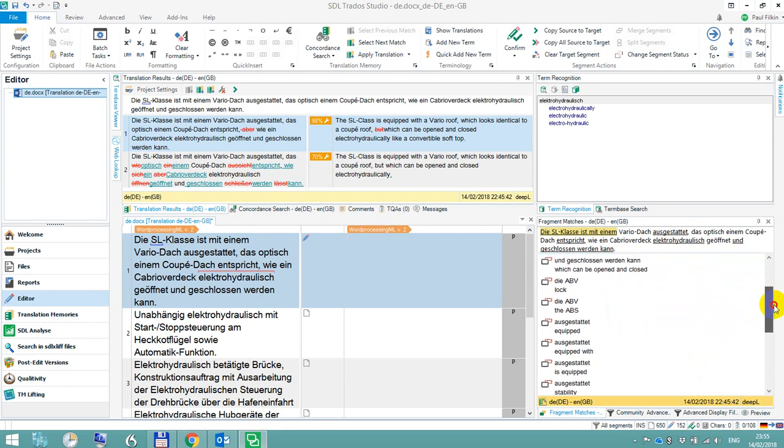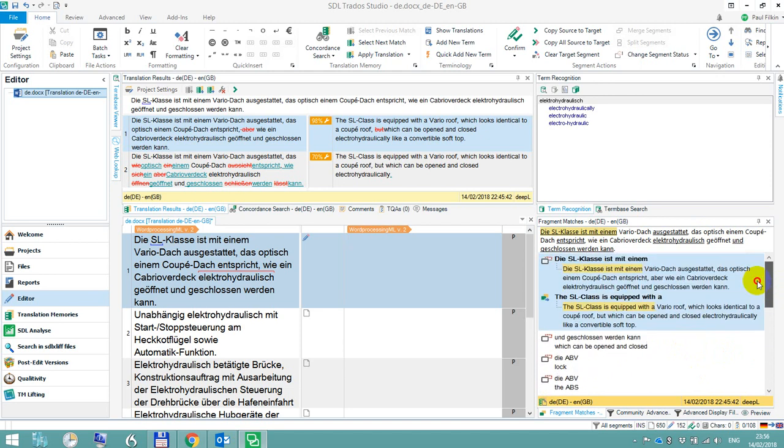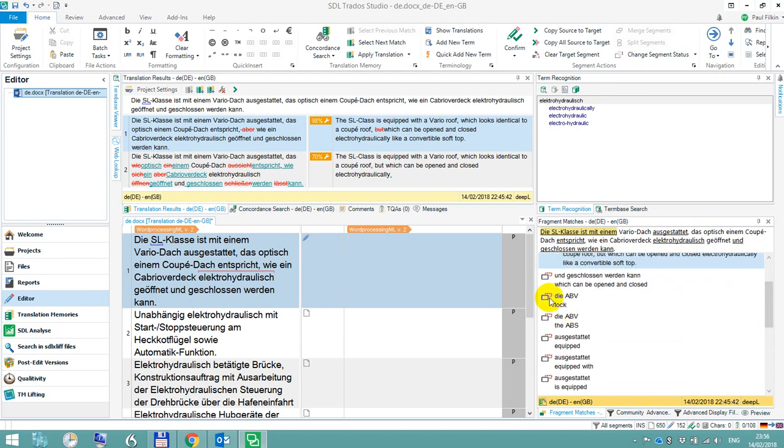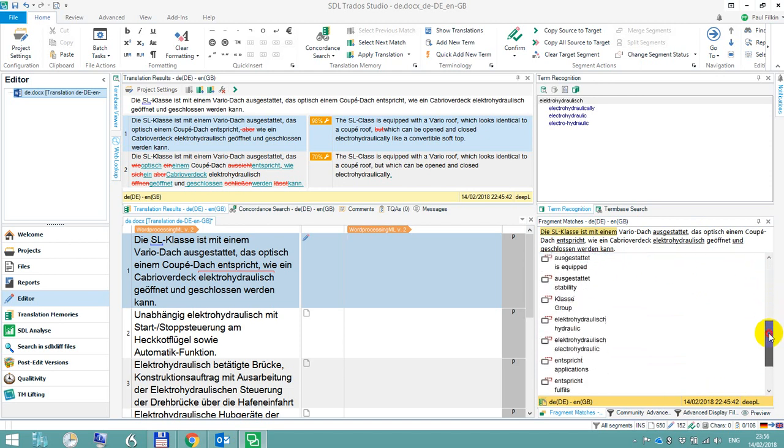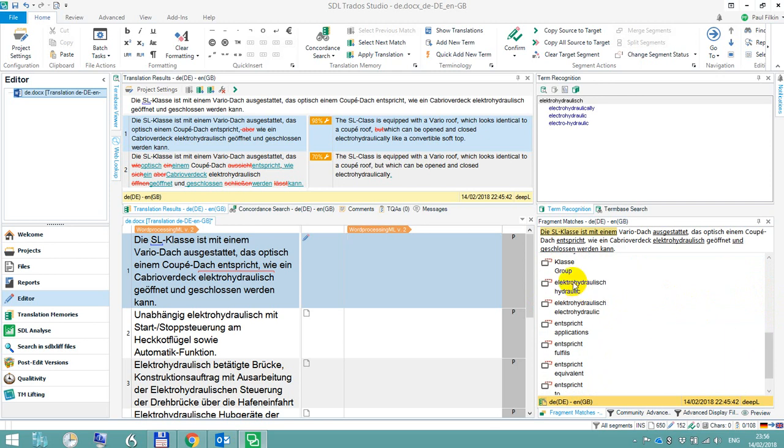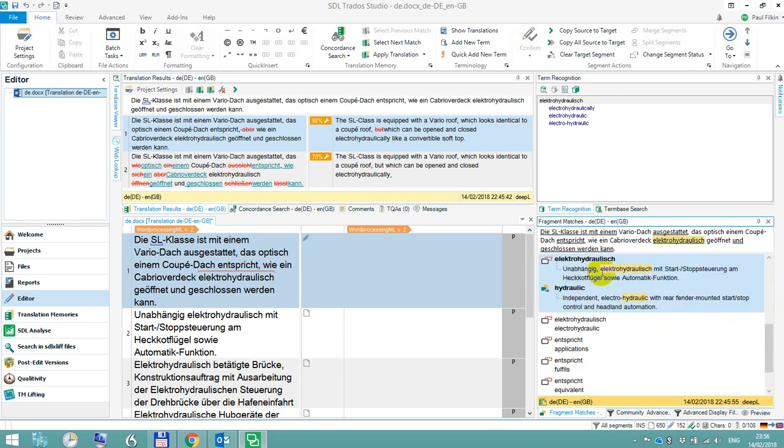As I scroll down, you can see all these sub-segment matches. You can tell they're sub-segment because they've got this little dotted line around the symbol. If it was a whole fragment, which I haven't got one there, then it would be blue, a blue solid line instead of the red dotted. But what I wanted to show you is it's picked up the sub-segment matches, so it's a bit like a concordance, but the difference is you see it in context,